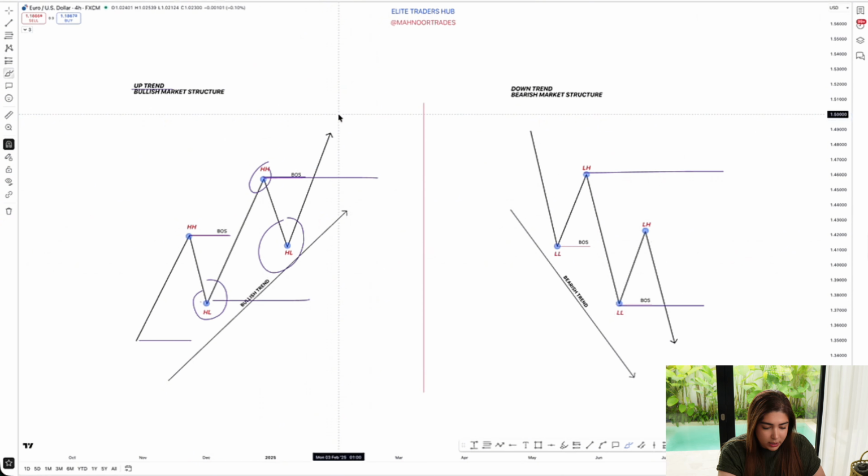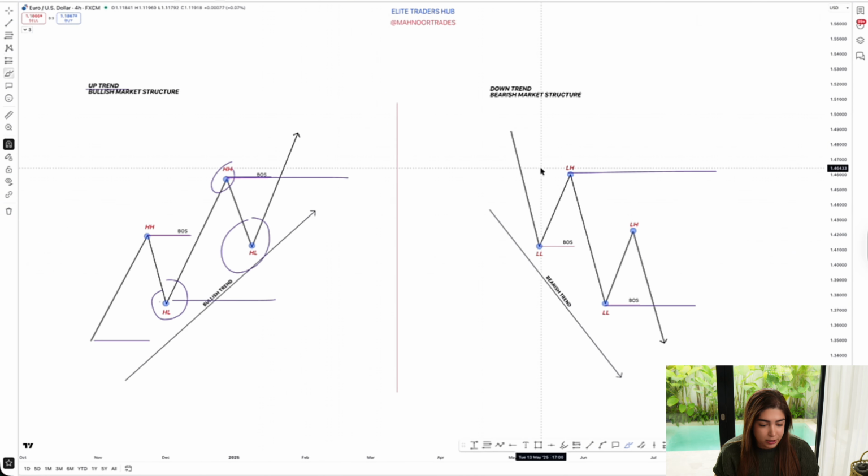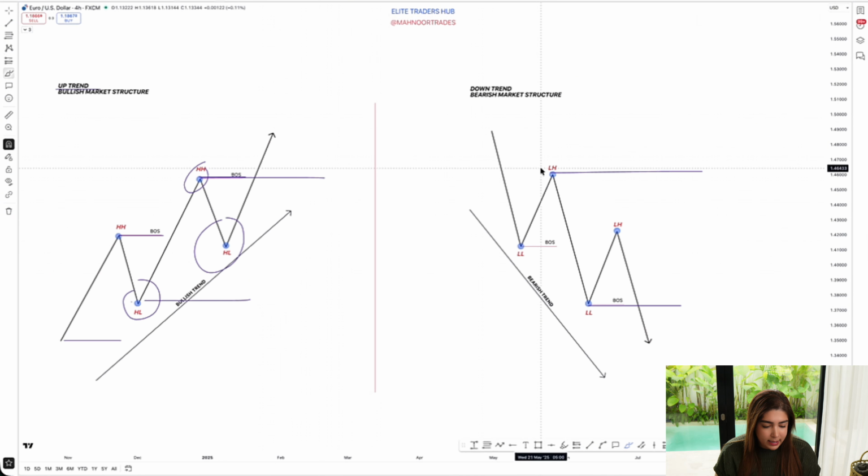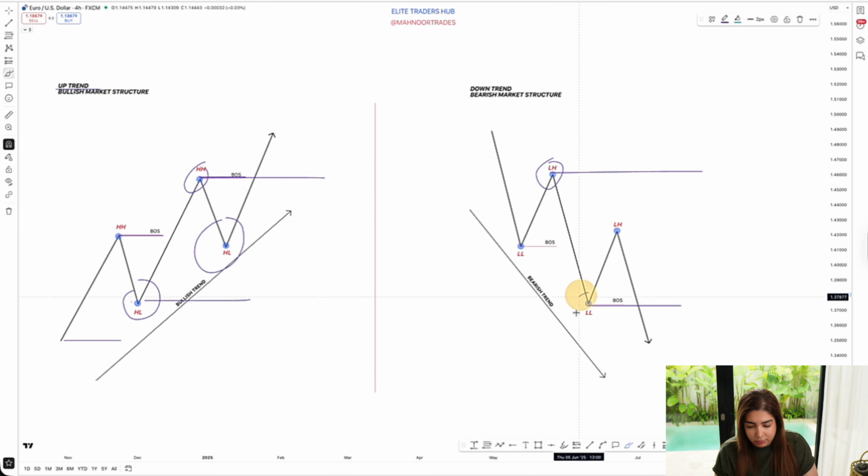Now, in a bearish market, it's literally the same but opposite. In a bearish market, the objective is to create lower highs and lower lows, right? That's the objective of the market in a downtrend. When the price is bearish, it's printing lower highs and lower lows. Once you see a break of structure happening like this to the downside,